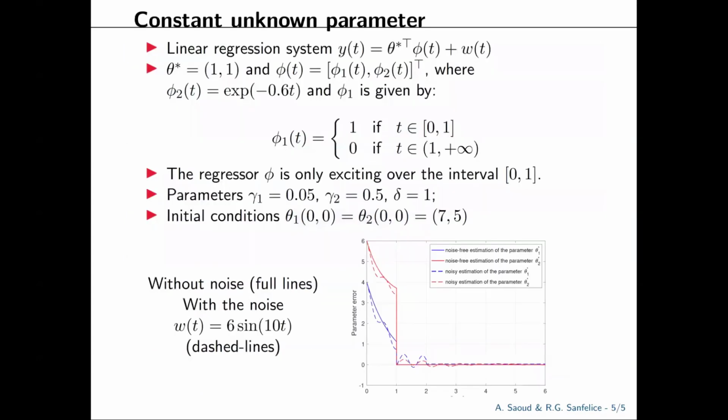So we have here a numerical example. So consider a linear regression model where the regressor phi is only exciting over the time interval 0 to 1. And we can see here on the figure that the parameter estimation error will converge to 0 within 1 second. And moreover, we can also see the robustness of our hybrid parameter estimator with respect to a noise of the